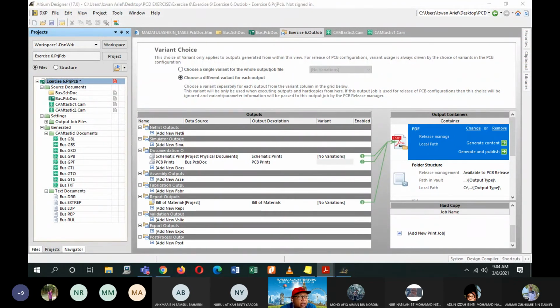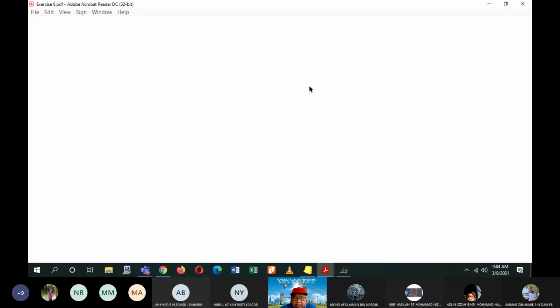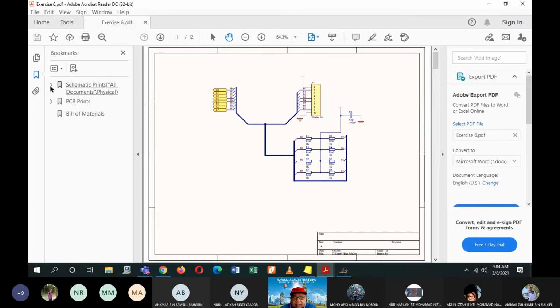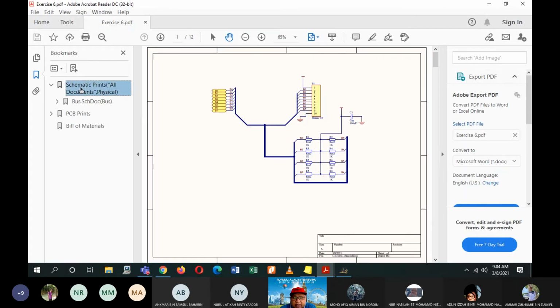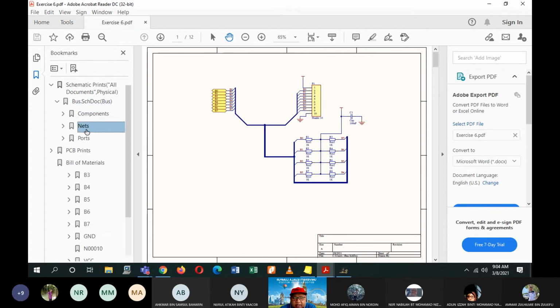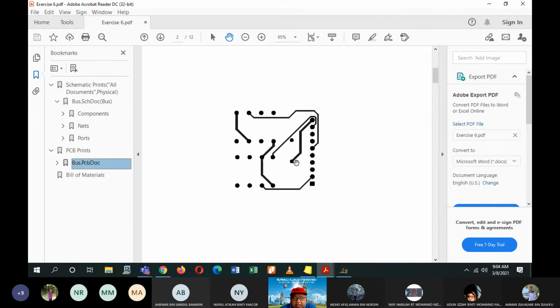And this is my file. The schematic print. This is my schematic. So these are the components, everything is here. PCB prints, this is the PCB layout. This was the schematic, and this is the PCB.